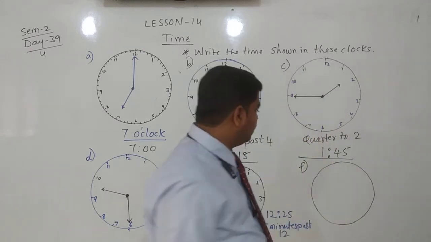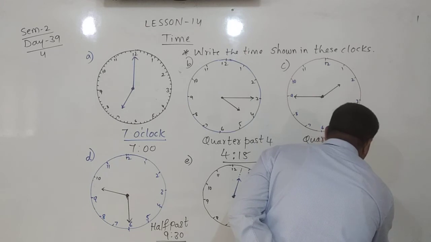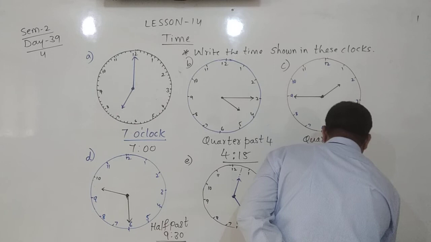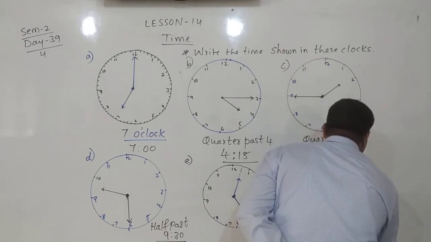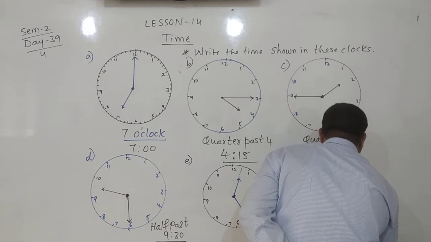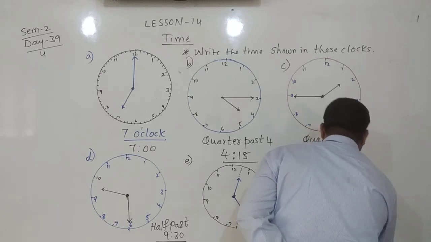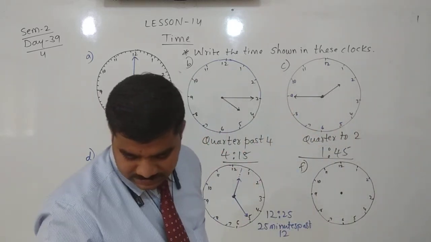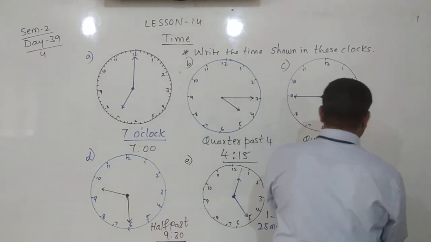Yes, you can draw a square clock also. And pointing hours is very important. 12, 1, 2, 3, 4, 5, 6, 7, 8, 9, 10, 11. Yes, the minute hand and the hour hand. The hour hand is pointing at 12 and the minute hand is at 1.